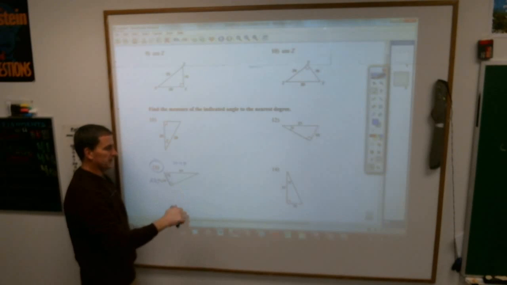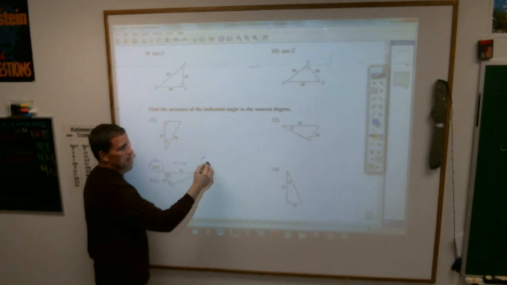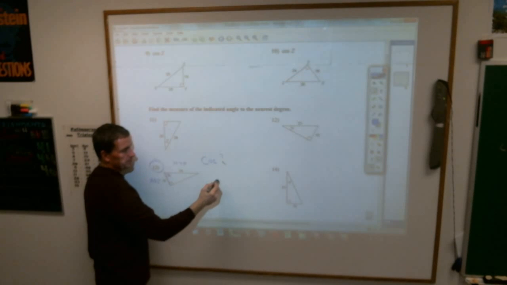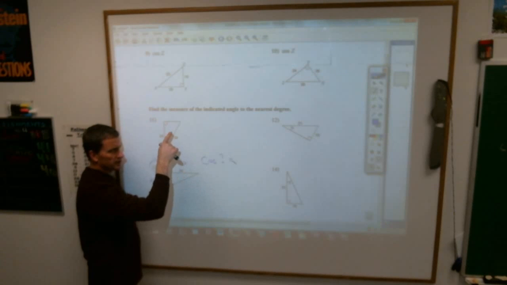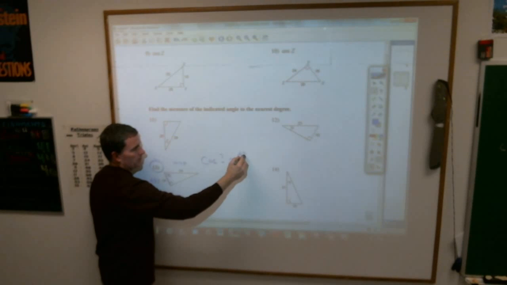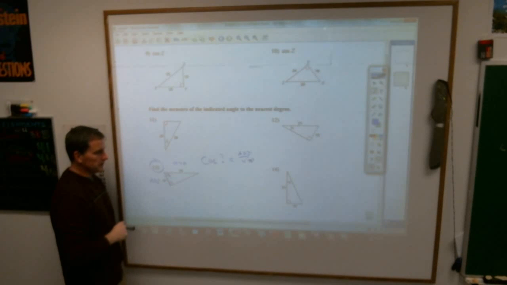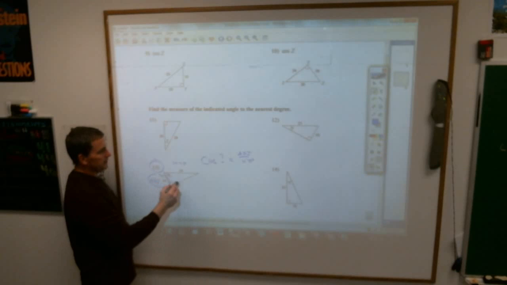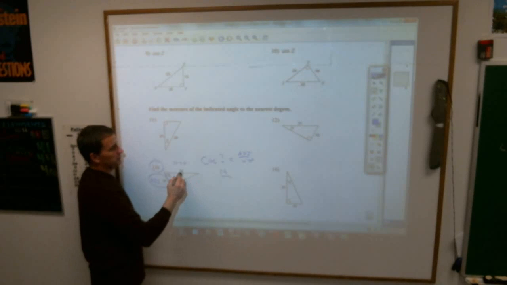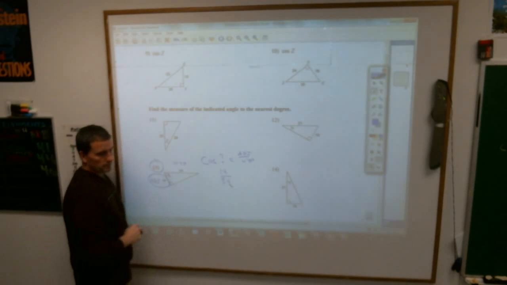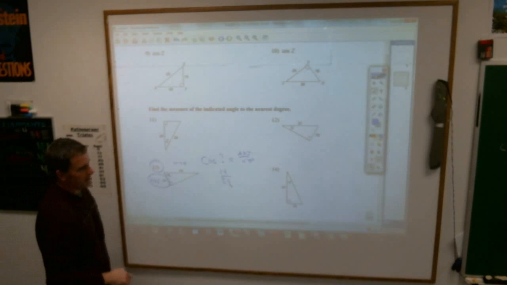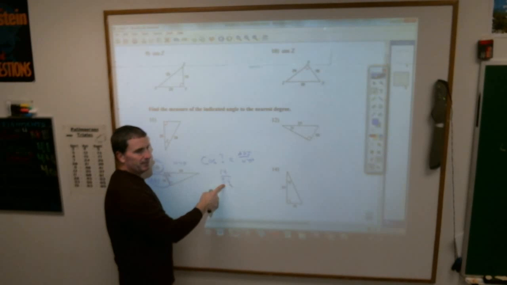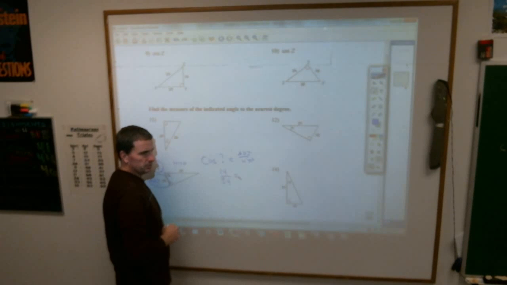Right, so you want to know cosine of the question mark equals CAH, adjacent over hypotenuse. Now here's where things get dicey. The adjacent side is 14, the hypotenuse side is 34. And this is why you have your little calculators, because that way you don't have to spend your time doing this math. If you take 14 and divide it by 34, you're going to get a decimal number, which is